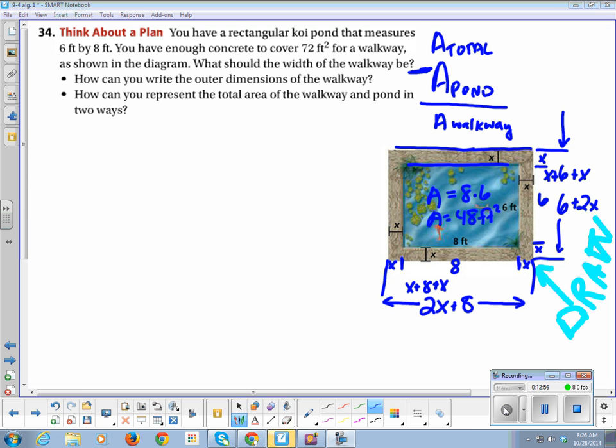So we wrote the outer dimensions of the walkway. How can you represent the total area of the walkway in two ways? So total area, so our total area would be